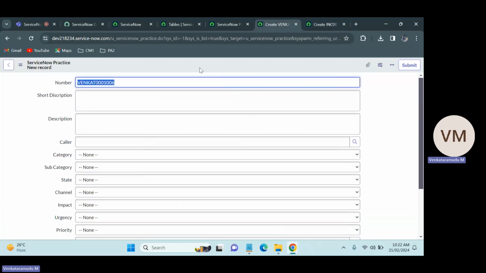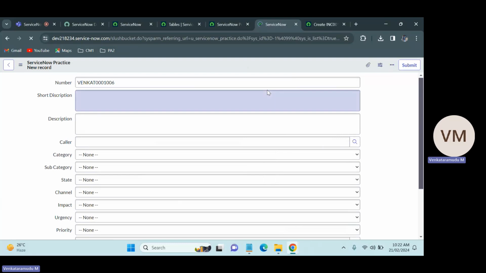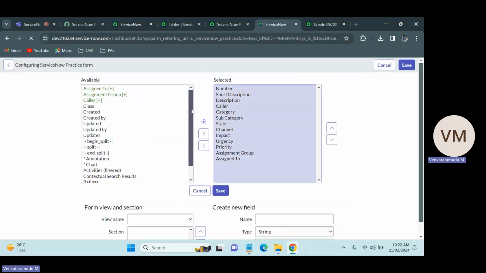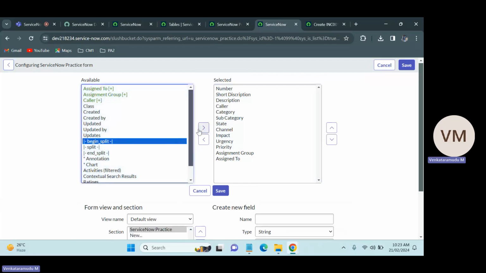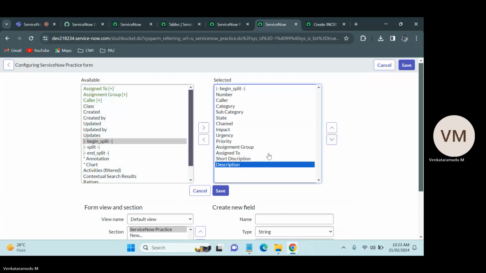Just come here, right click, and choose configure and form layout. Once we click on that, we have the option split, begin split. Begin split means where exactly to start the form. So this description I want to put further down. Okay, so just begin the split. After that,